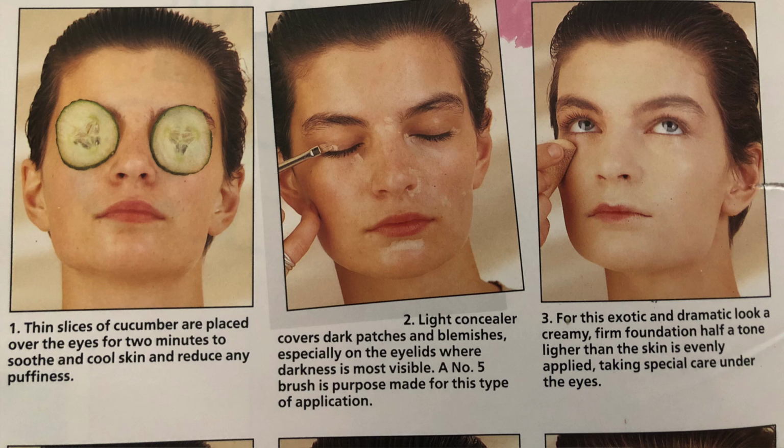The second step, it says, light concealer covers dark patches and blemishes, especially on the eyelids where darkness is most visible. I pulled out a concealer from my collection. This is the Glossier Stretch Concealer. For some reason, I just wanted to use a pot concealer. That's where my mind went for this sort of tutorial. It's kind of strange. There's no mention of even doing skin prep except for putting the cucumber patches on, but it says dark patches and blemishes, and